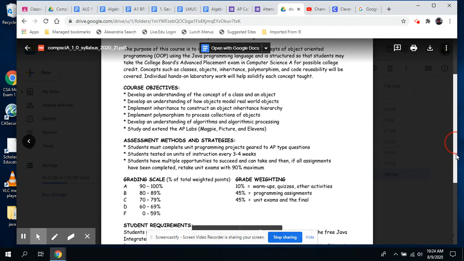Course objectives: develop and understand the concept of class and object, develop the understanding of how objects model real-world objects, implement inheritance to construct an object inheritance hierarchy, implement polymorphism to process collections of objects, develop an understanding of algorithms and algorithmic processing,